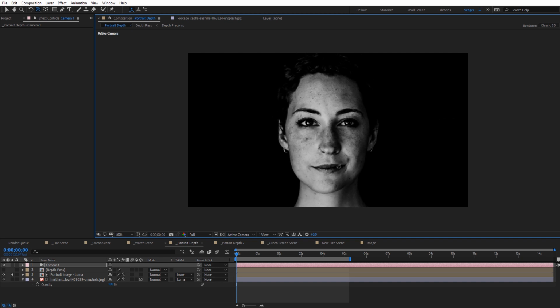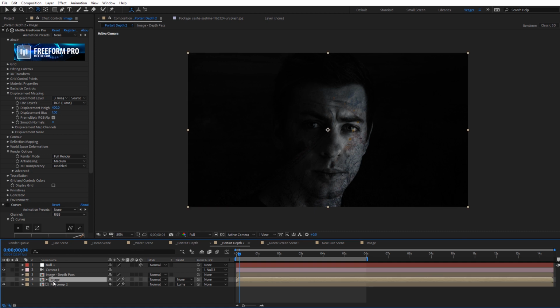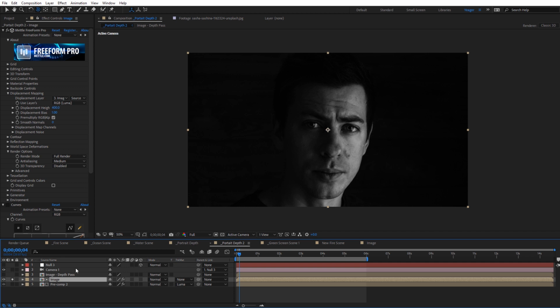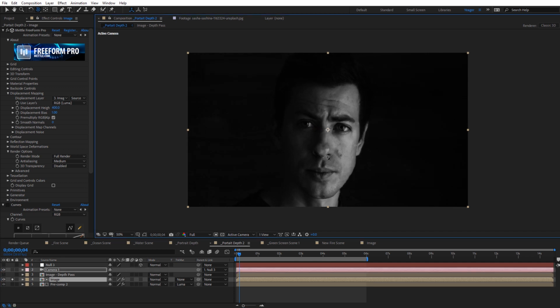And I'm creating that deformation and displacement mapping with Metal Freeform Pro. So let's jump over to this other example I've got here. You can see on the actual image here, I have Freeform Pro applied to it. And again, I'll go ahead and just solo this and rotate around so you can see a little bit of that parallaxing effect that's happening.